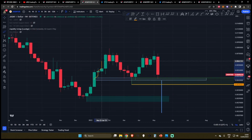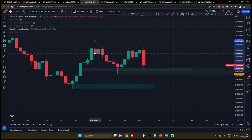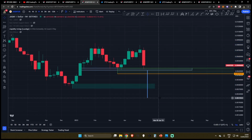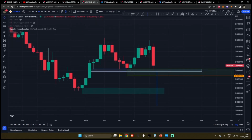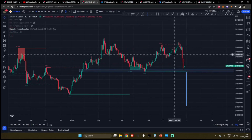This is a massive, massive M pattern. And if we take the price target of this M pattern from the breakdown, you can see this could potentially mean JASMY could come all the way down to 0.0021 cent. Now, there are a few last lines in the sand, and we have not yet confirmed this breakdown. So if I clear up these boxes, if we're just focusing on the M pattern, the neckline is right here